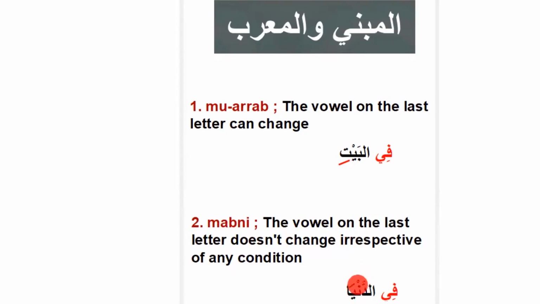So an example is here: ad-dunya. Dunya is the earth, I mean the lower life, or just the earth here. So if dunya is spelled this way initially from scratch, it is spelled this way. However, as you can see, there is a harf jar, just like here. A harf jar was here. The same way a harf jar is here again, but the last letter doesn't change to what?